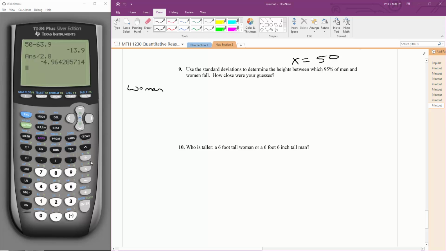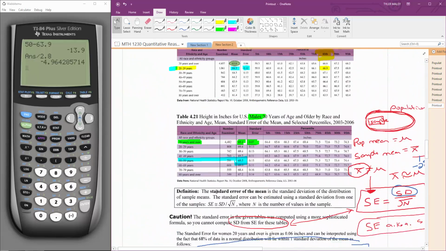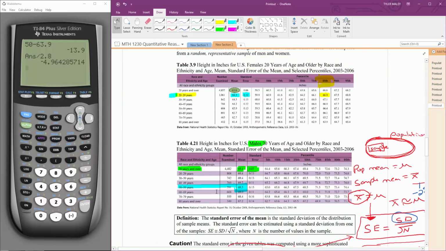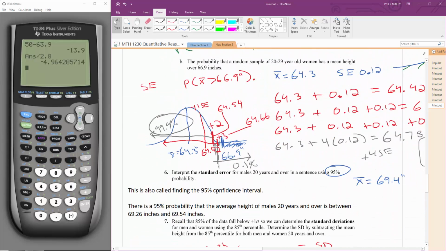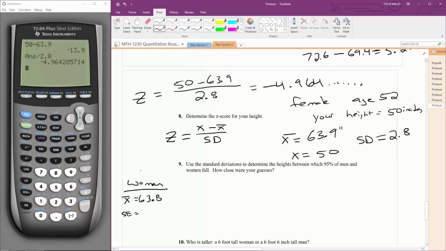Right. So for women, first we need to find the mean. So for women, 63.8, right, for 20 and over. So the mean is 63.8. The standard error was